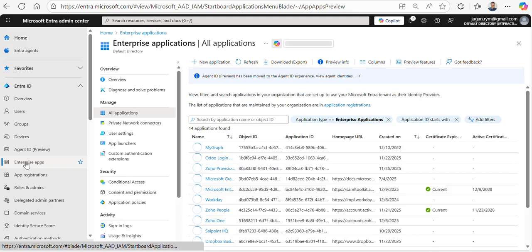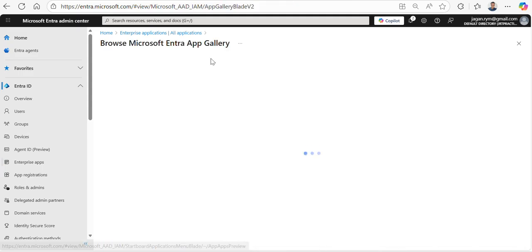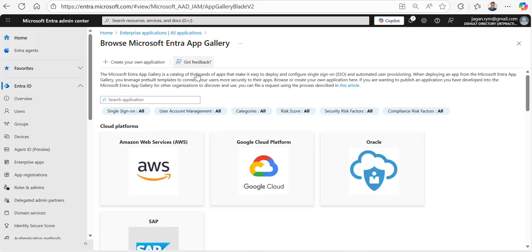Going to Microsoft Entra apps, then here all apps, then click on new application. Usual steps for any enterprise application